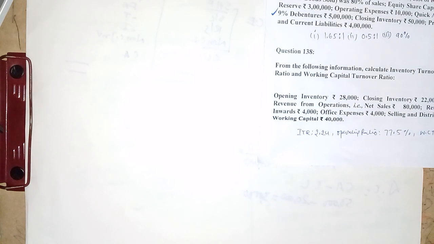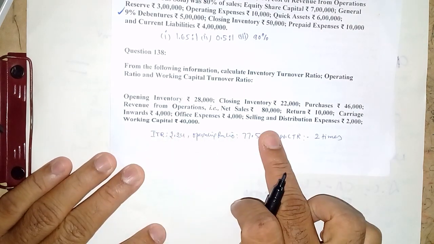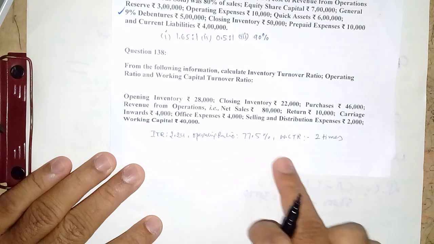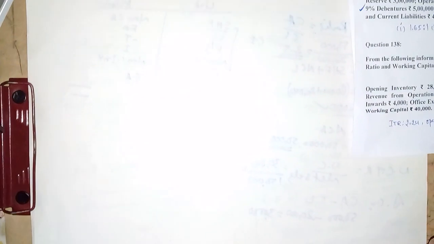Hello friends, in the current video we will work out the ratio analysis problem. It is the continuation of the previous video. We have to do the last one, right? So opening inventory, the same sum, we need to calculate the working capital turnover ratio. So the formula for working capital turnover ratio is